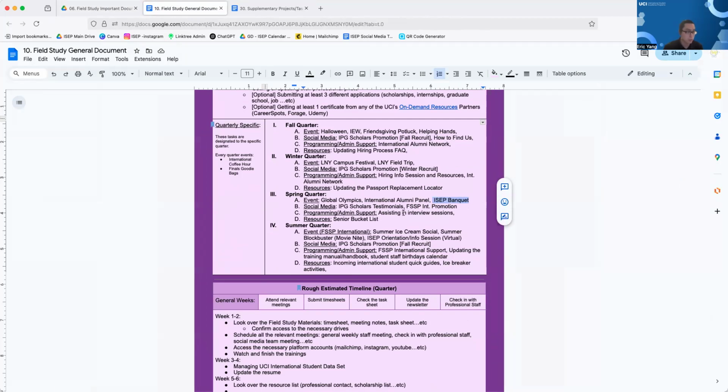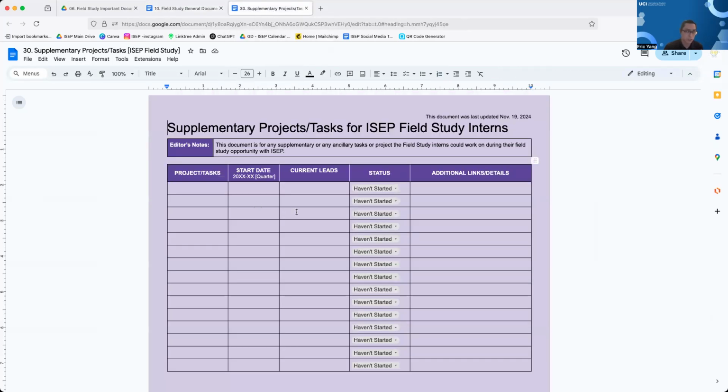In terms of programming, they help with interview sessions for next academic year's student staff, so they help as part of the interview, and they're helping us create senior bucket lists, and updating it. So these are just some general materials they can be working on. We don't want students to just sit idle, twiddling their thumbs, just clocking in, clocking out. We really want them to work on something so important and so valuable for the entire international student population program and resources. But on top of everything else, they are going to be working on a lot of other things that come up right off the bat. So we also have them write it on here, and we want to make sure it gets done.